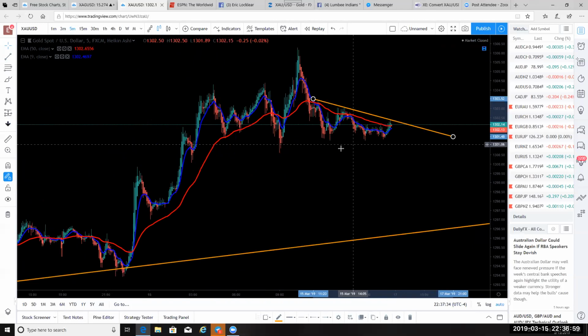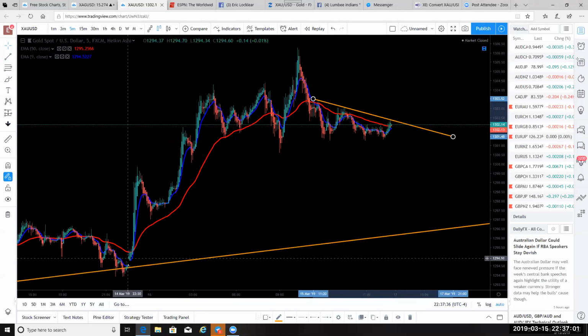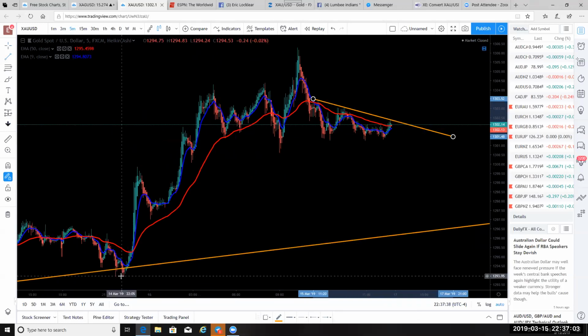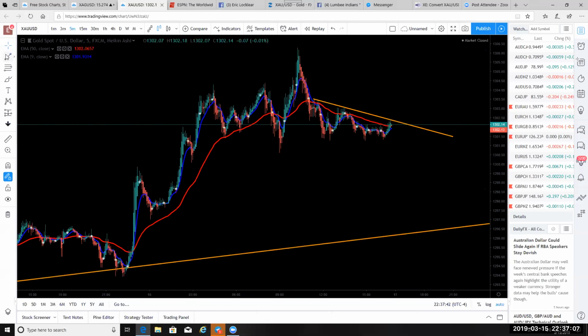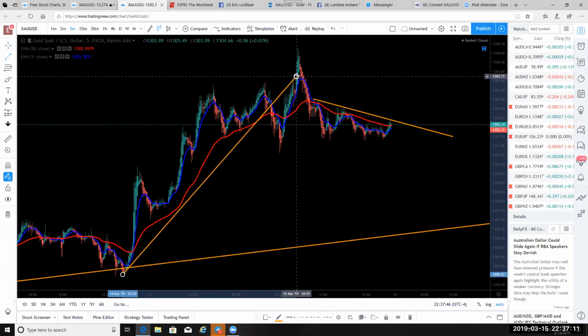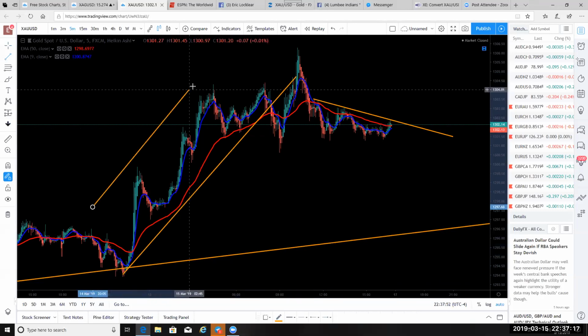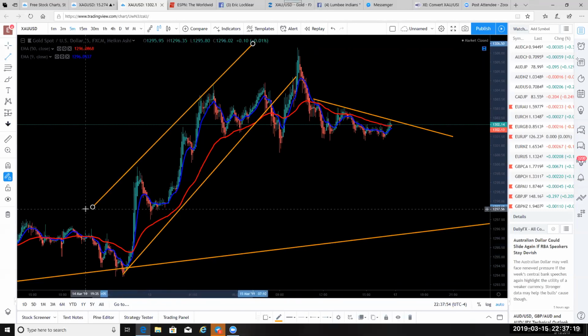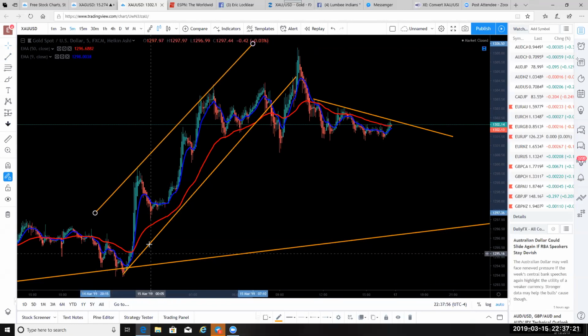Now, one thing that I do, if you look here, this is an overall. I'm not going to mark that tight. I'm just doing this as an example. I know that this is an overall buy. So being a buy, I only want to buy